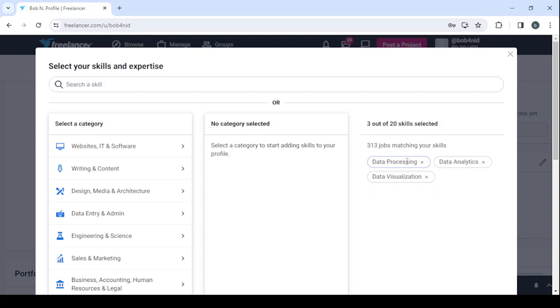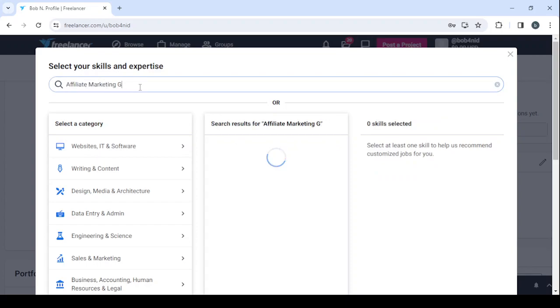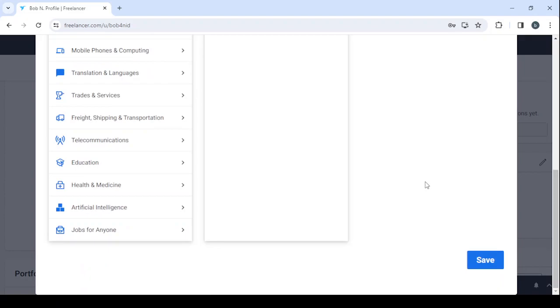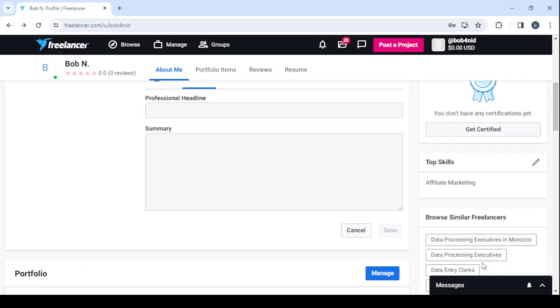So let's remove these ones. And let's search for your skill. We have here affiliate marketing, and when you're done with choosing your skill, scroll down, click on save, and then